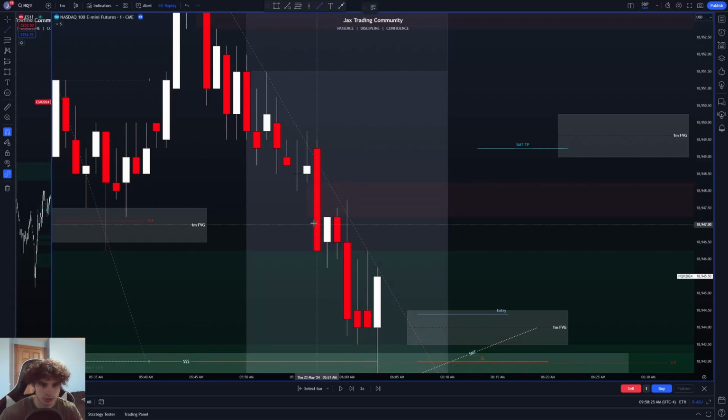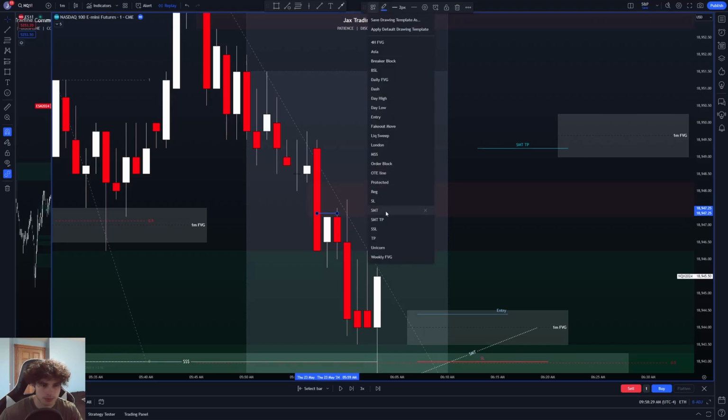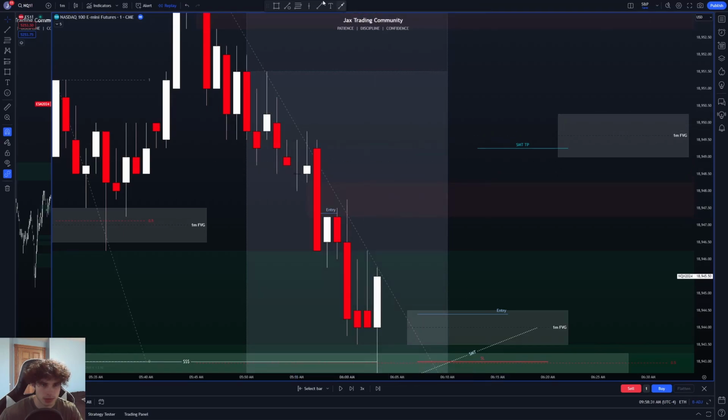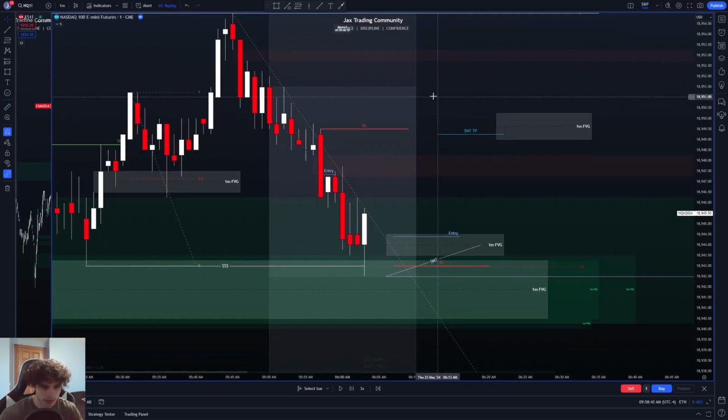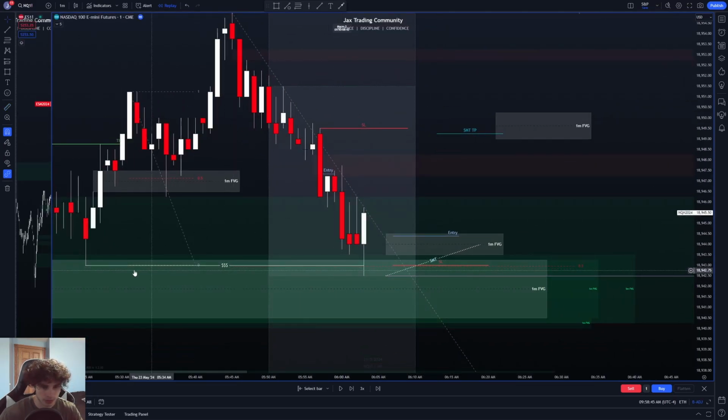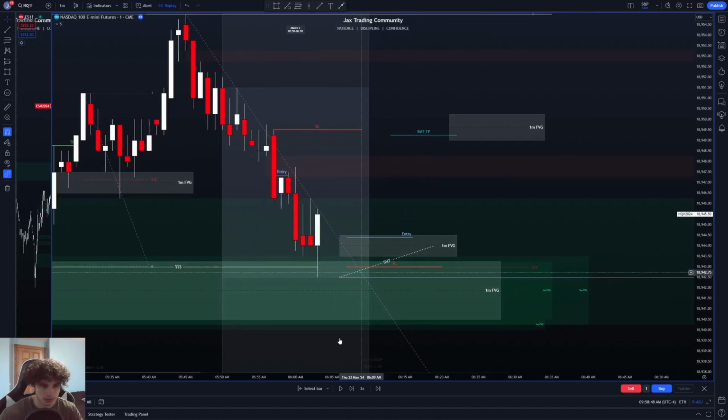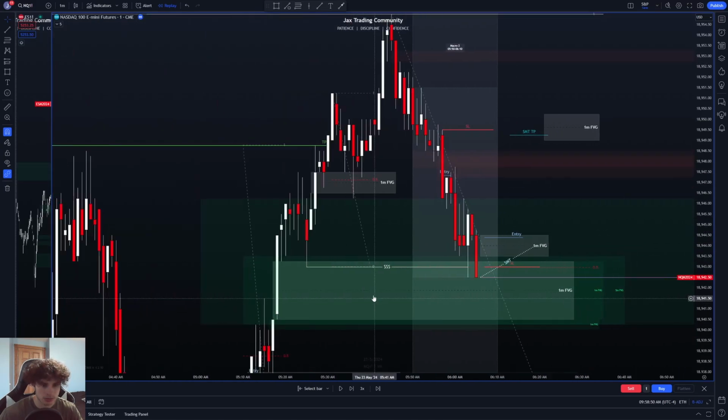You could take an entry right in here. You could put your stop up here. This would be a 2.25 point stop, very, very low risk. And target this low right here. After we hit this low,